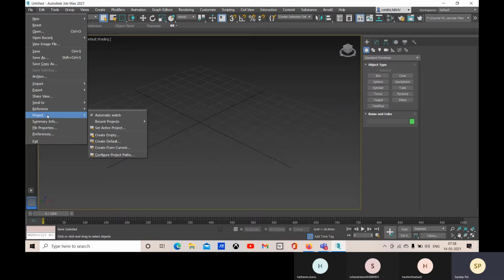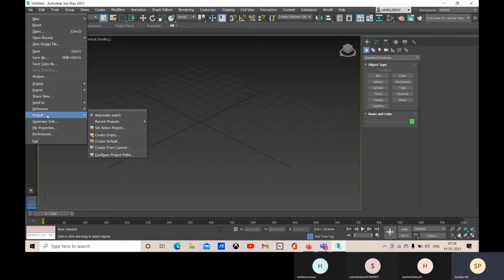So all will be stored in a particular folder that will be your project folder, and in that folder there will be different file structures as per the work. So that will help you to organize all the things in your project.